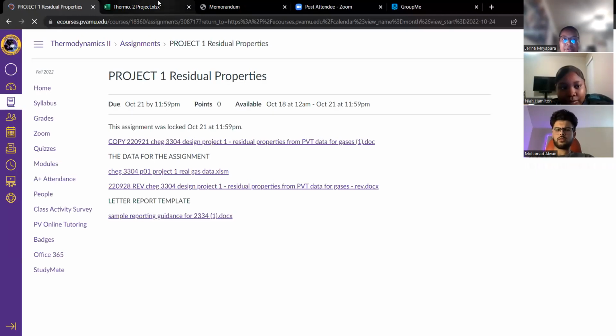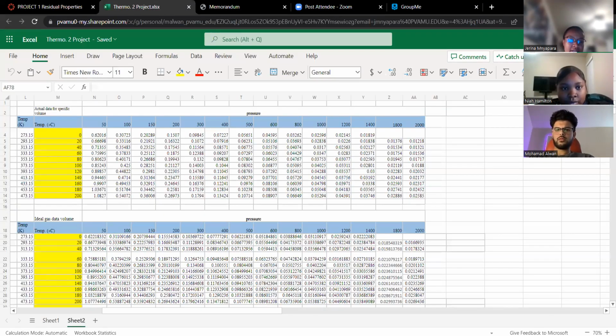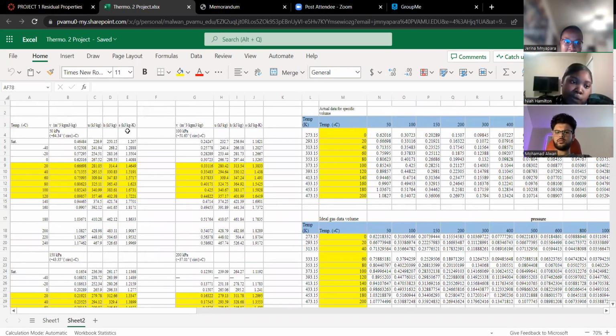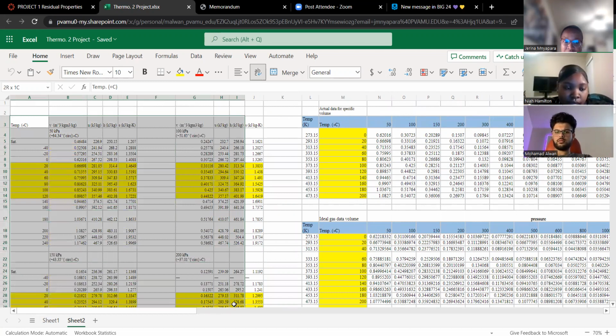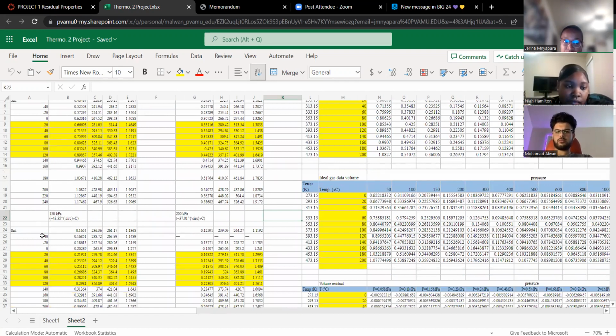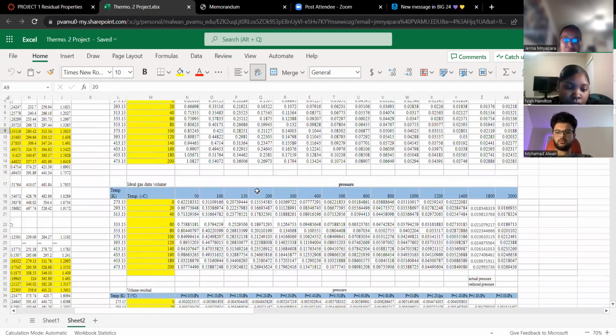So I just wanted to bring along our actual Excel where we manipulated our data. We were given our alpha team, and we were given our specific conditions, which are critical pressure and temperature. So we had our actual data provided to us, and from there we had to create our ideal gas data. Within our chosen range of temperature, we were given 20, and we decided to choose 20 to 120. So we took all those highlighted data and created them into a separate